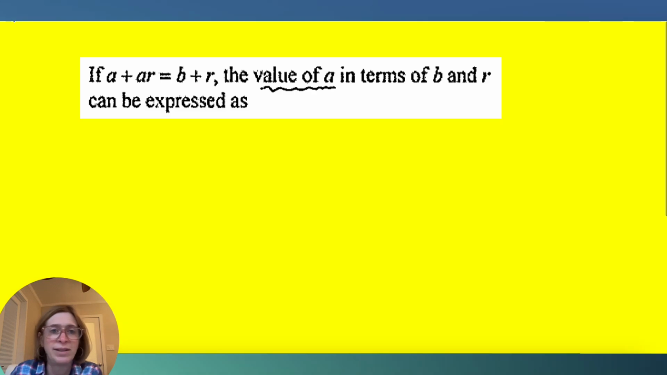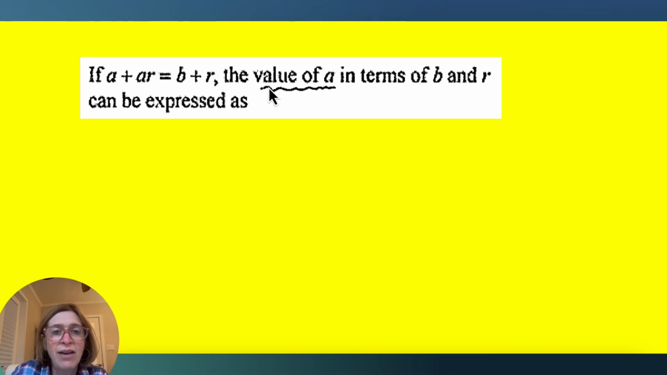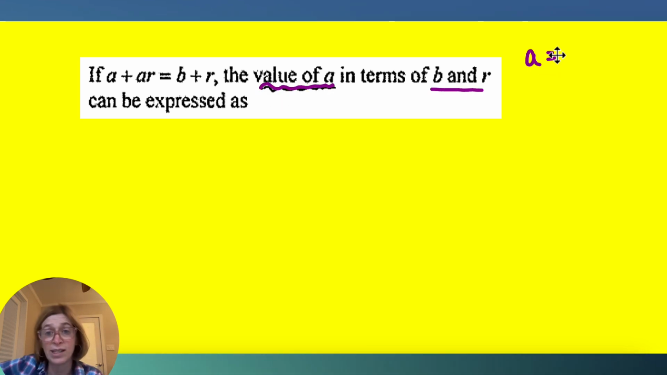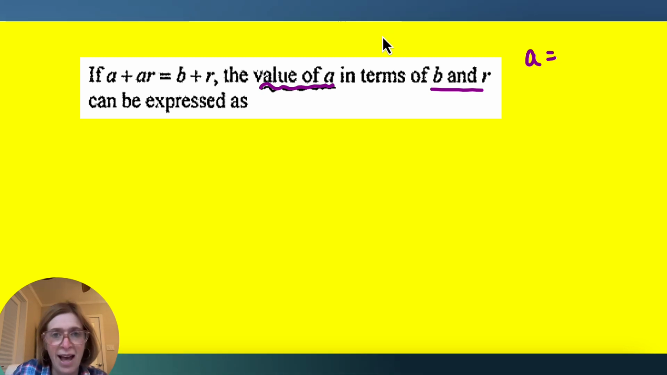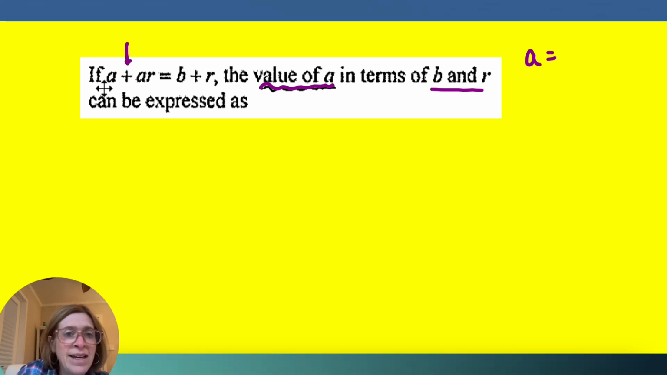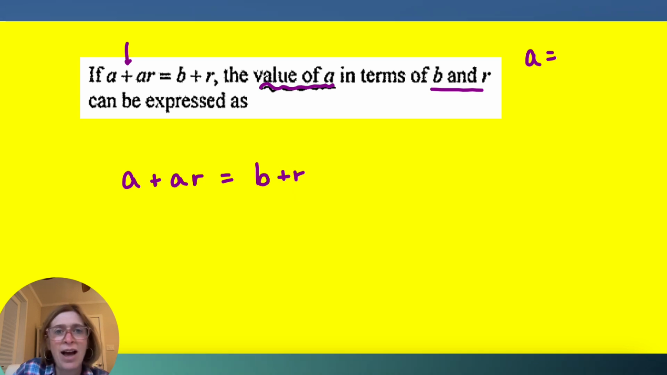All right, let's try one. If A plus AR equals B plus R, find the value of A in terms of B and R. That means I'm going to have A equal an expression with B and R in it. I have to notice that it's an expression with addition and subtraction. So this is where I'm going to have to reverse distribute, or factor out a GCF. Let me rewrite this for myself. I'm going to factor out an A. Remember, I have to have the same number of terms I started with. So A times what would give me A would be 1 plus R